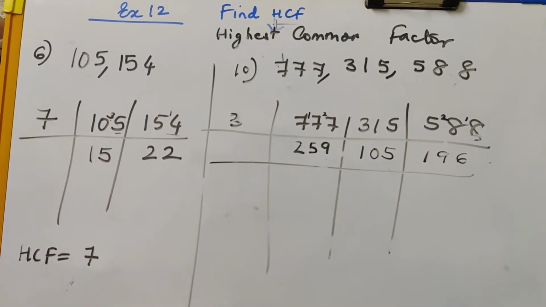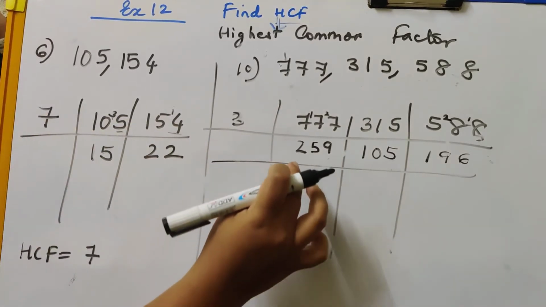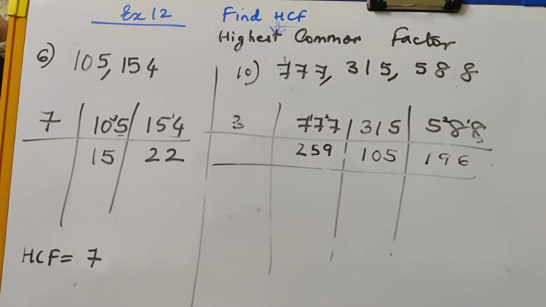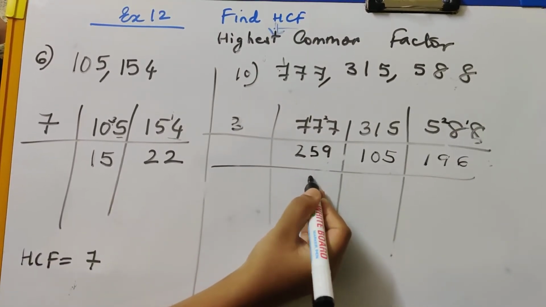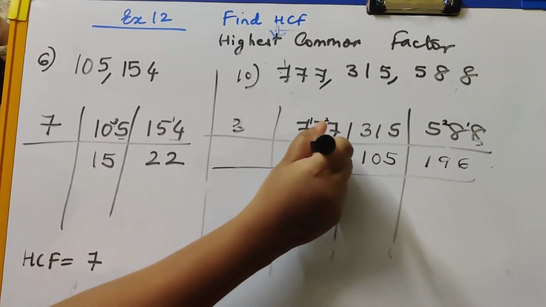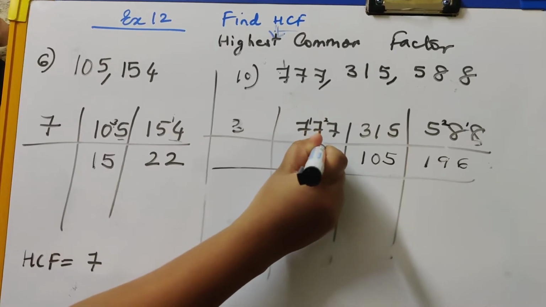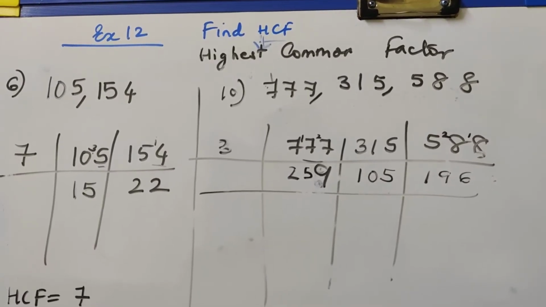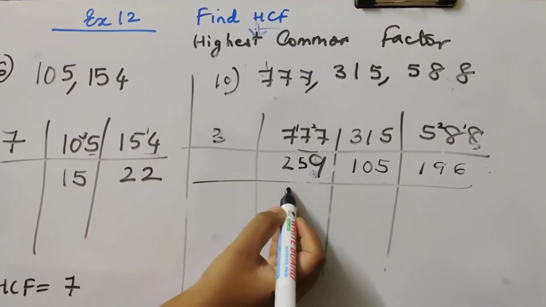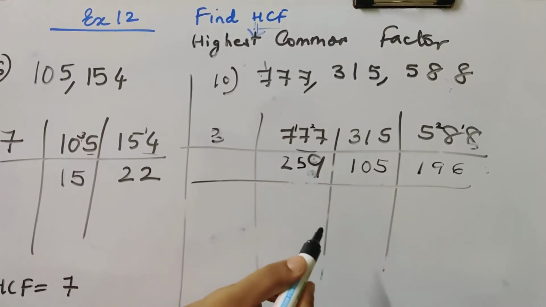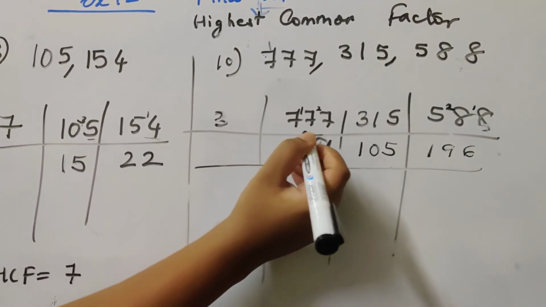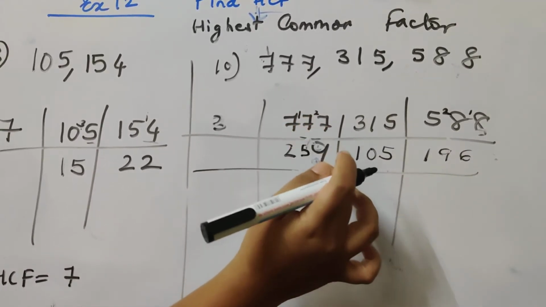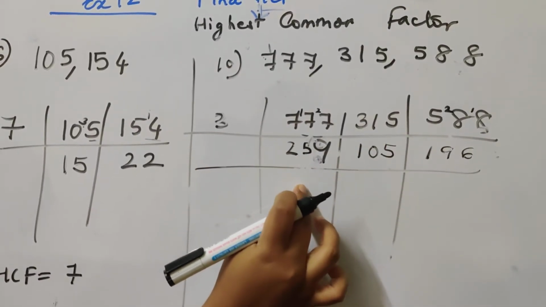So what am I left with? The next prime number is 7. Let's try with 7. Try saying your table. 7 1s are 7, 7 2s are 14, 7 3s are 21, 7 4s are 28. So if I take 7 3s are 21, I'll have a remainder of 4. So that will become 49. Let's see if it goes in the table of 7. 7 4s are 28, so I cannot choose 7 4s. I have to choose 7 3s are 21. So if I have 21, I will get a remainder of 4. So that 4 and 9 becomes 49. So I can use this number to divide.